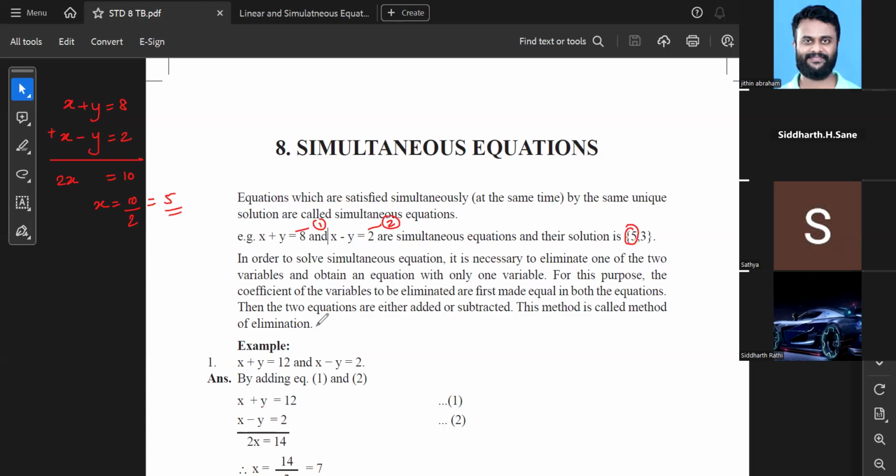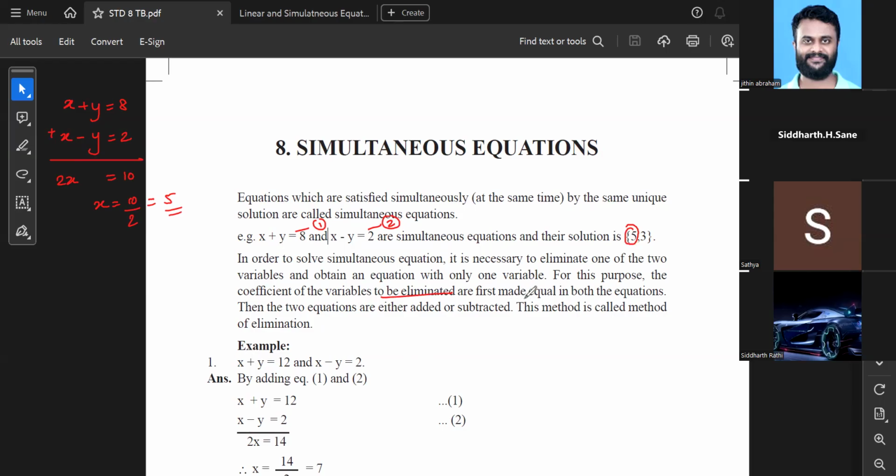We have to eliminate one variable. You can add the equations, subtract the equations, or do some multiple operations. I'll tell you what operations we are going to do. We'll be dealing with them one by one. Now, as one variable is to be eliminated,